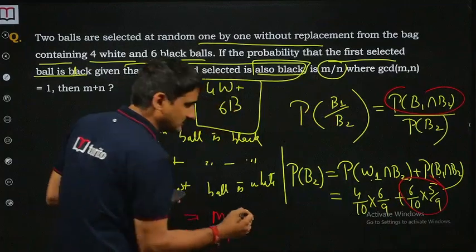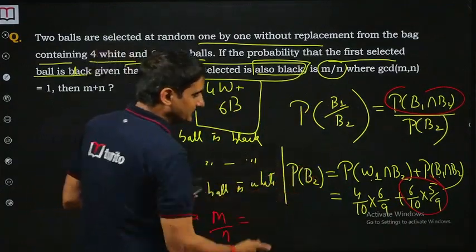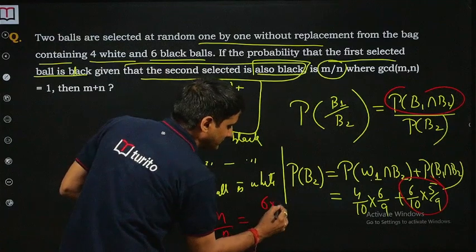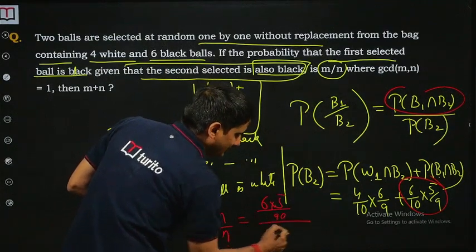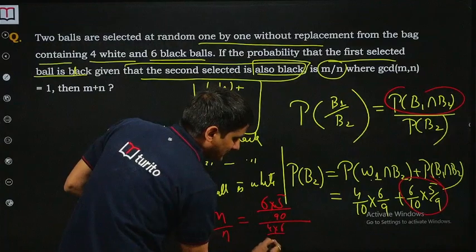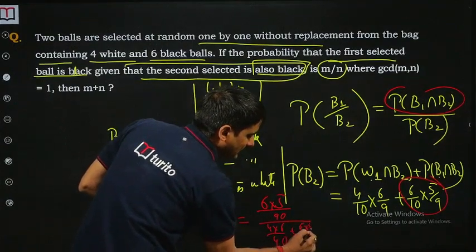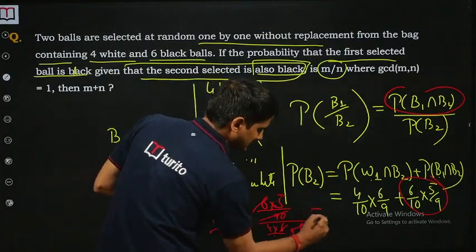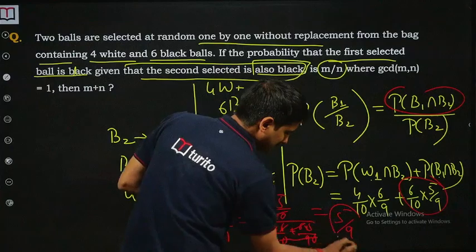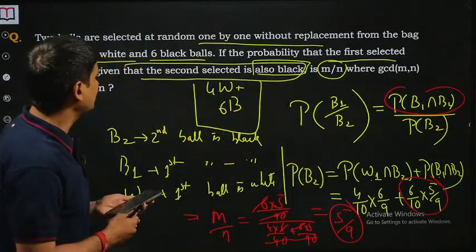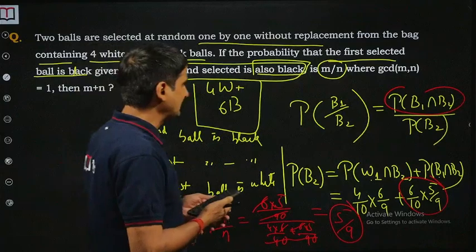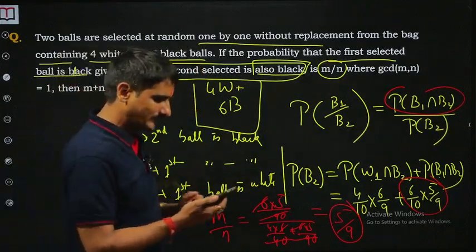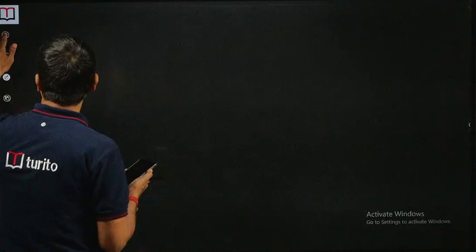So that's what I always say, you always have the numerator in the total probability as one of the terms. So 6 into 5 by 90, 4 into 6 by 90, 6 into 5 by 90, the 90s cancelled, 6, 6 cancelled, so 5 by 9, that's it, isn't that? So m is 5, n is 9, so m plus n has to be 14 here. So that's what I will say. So moving to the next one,